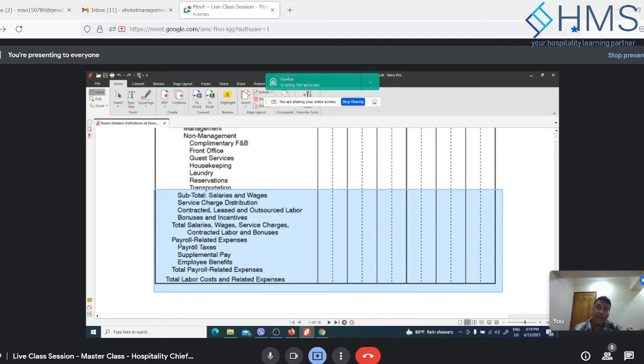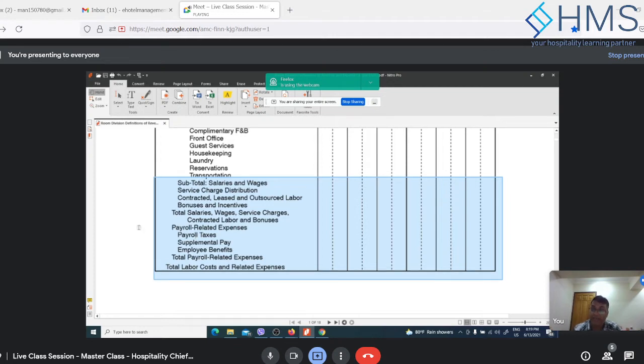And then you have payroll related expenses, which includes the payroll tax, which we have discussed in the video in detail. It will include the payroll tax, the gross up tax, the certain percentage of the payroll that you have to pay to the government as a part of your benefit. So it's not an employee benefit, it's the tax to be paid to the government for the employee. So that will go here.